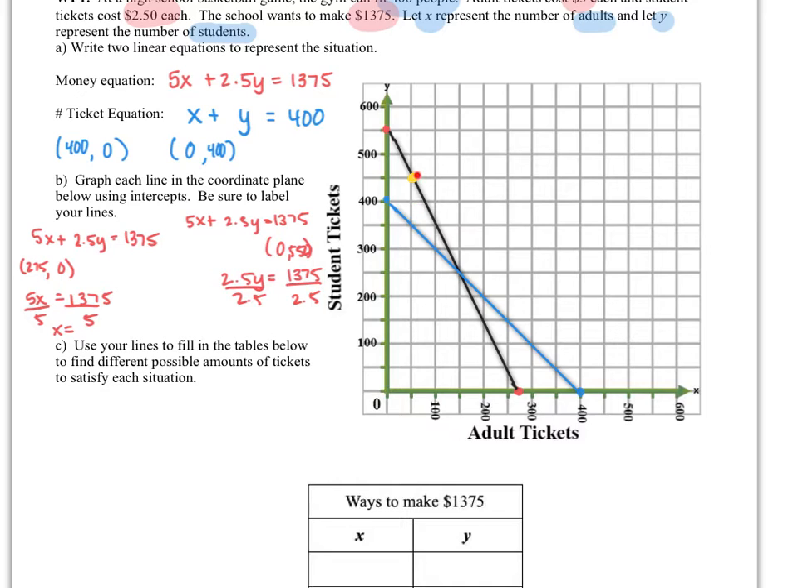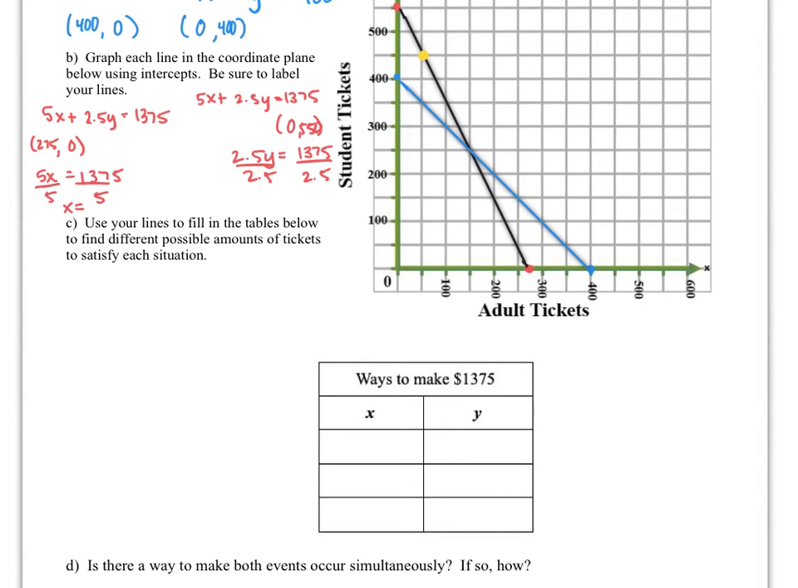So this would be maybe 50 and 450. So I'm just going to check that. I'm going to see, okay, if adults were 50 and students were 450, would this give me the correct amount of money? So I'm going to do 5 times 50 plus 2.5 times 450. So I'm just plugging in these numbers here, and I did get 1375. So this was 50 adults,